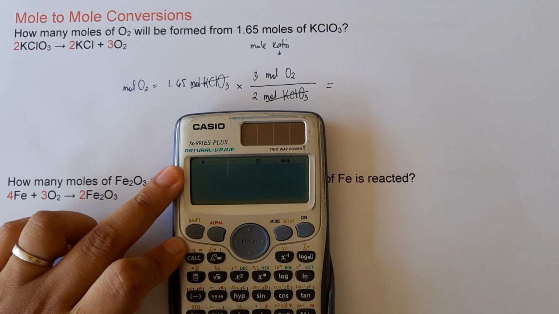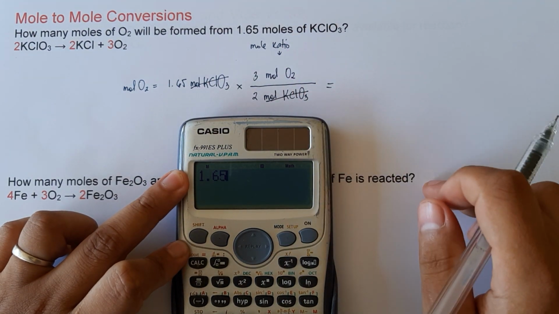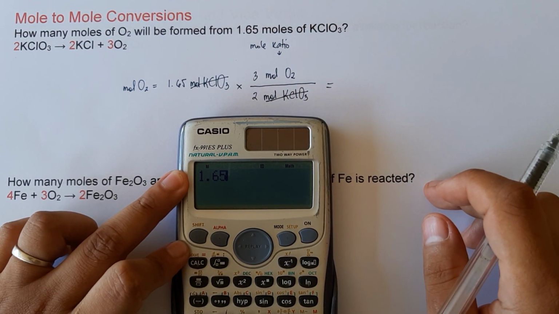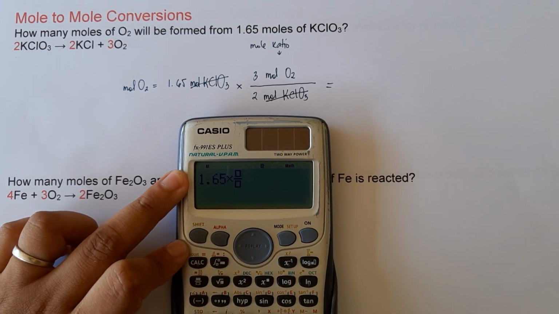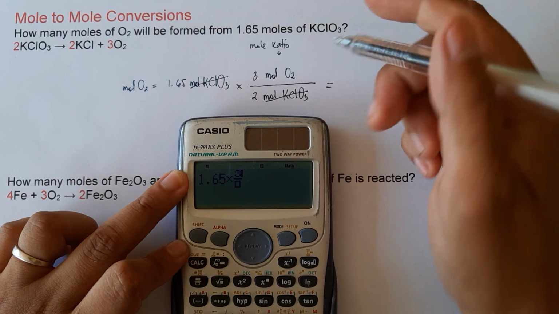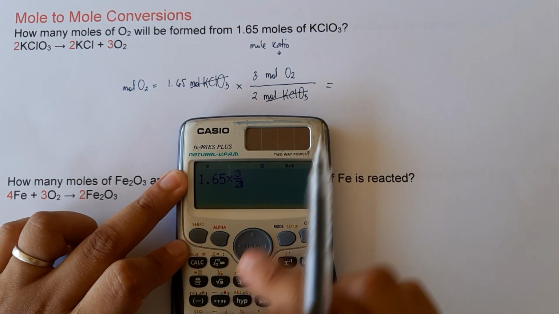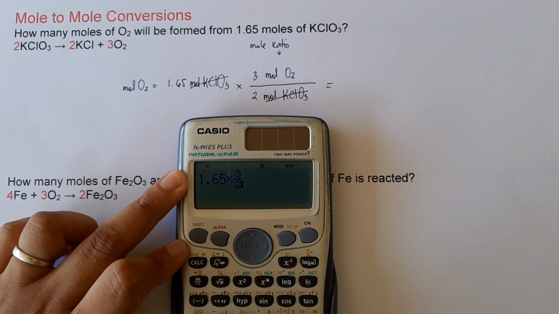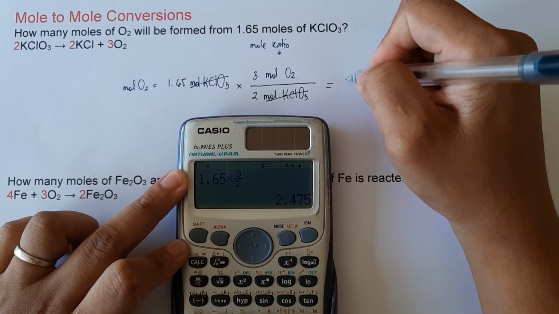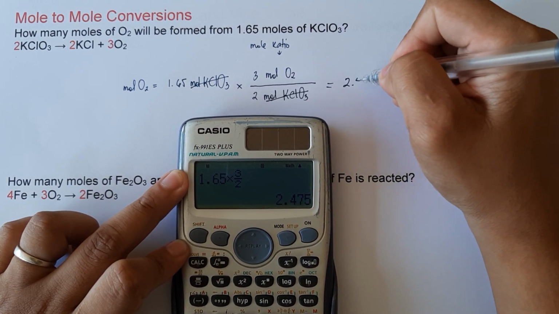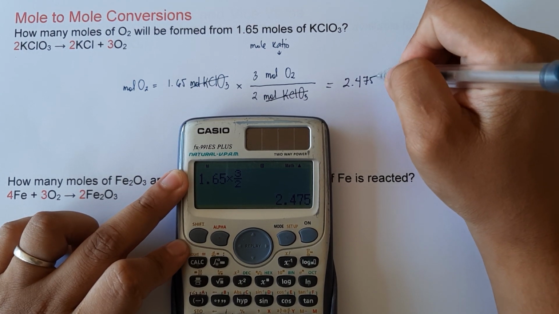So, let us try to solve. So, that will be 1.65 moles of potassium chlorate times 3 moles of oxygen over 2 moles of potassium chlorate. And what will be our answer? We will arrive at the answer 2.475